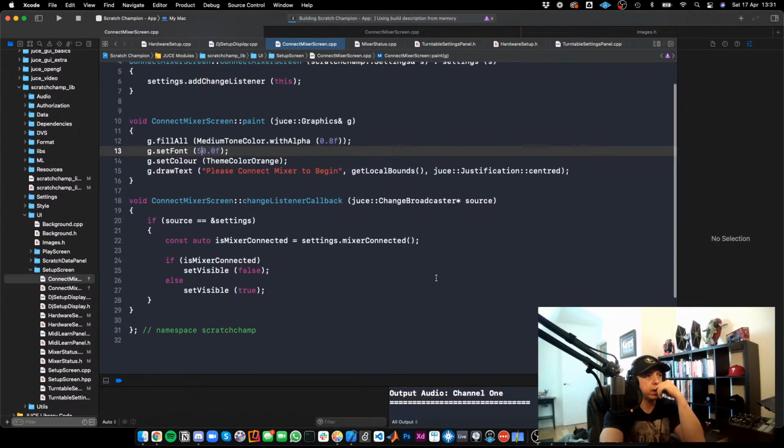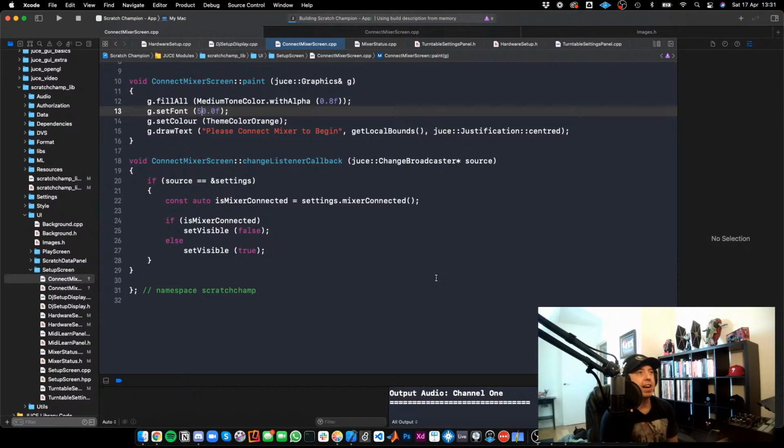And yeah, I need to read up on some more architecture stuff to see the way that it's advised to actually set this up. Yeah, I don't think it's that big of a deal. What would the disadvantages of that be? I can't think of any disadvantages of having this class have knowledge of what's happening in settings and making itself visible or not. I suppose one disadvantage would be that the parent class,